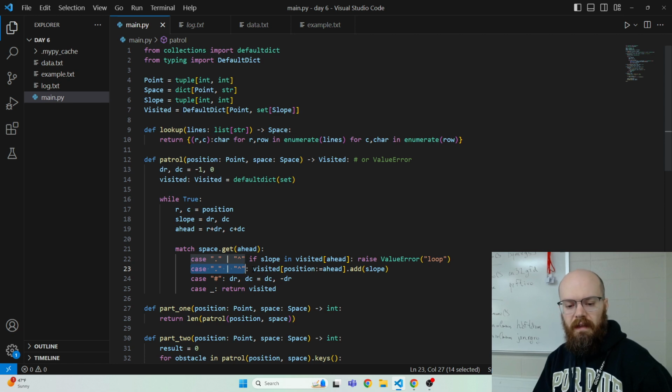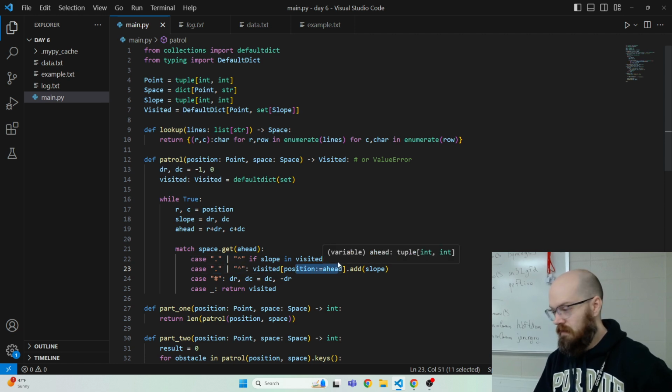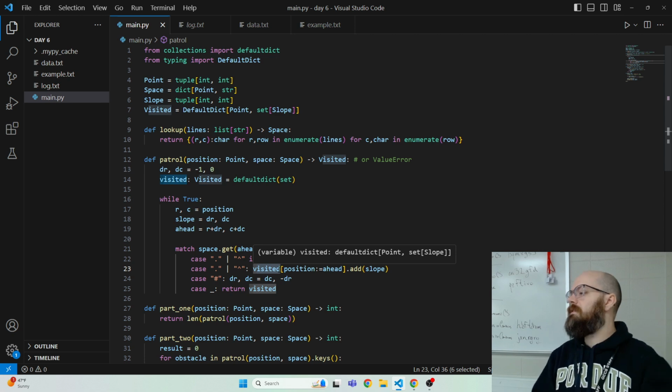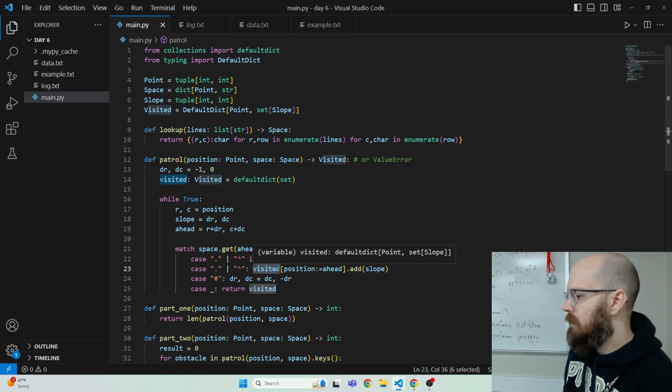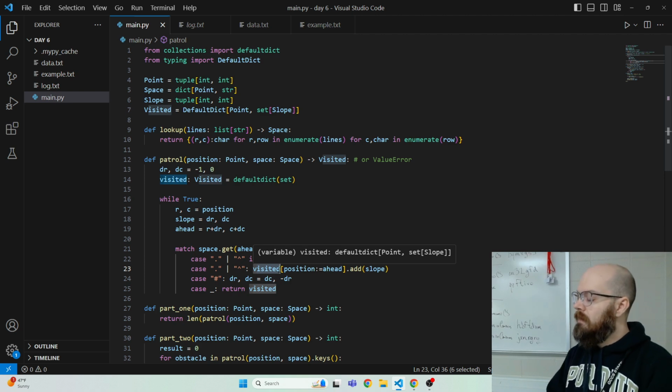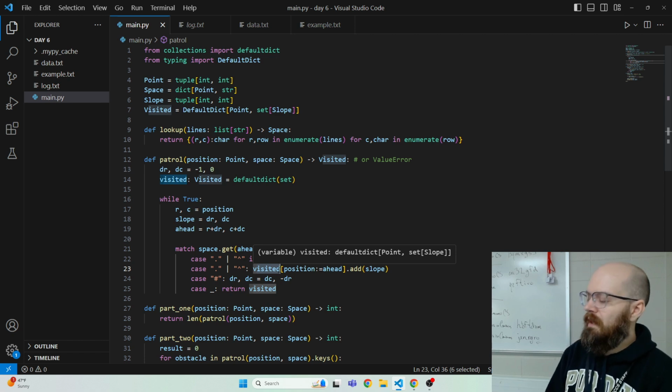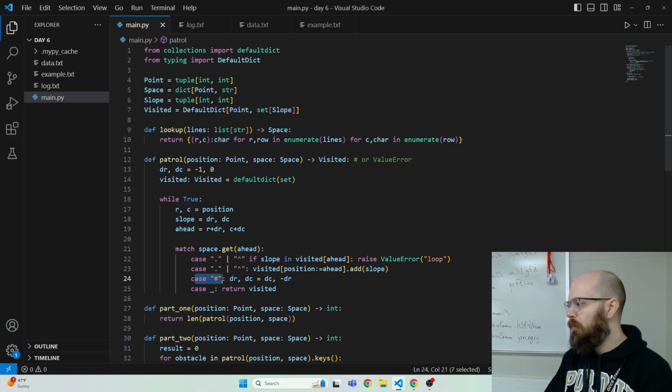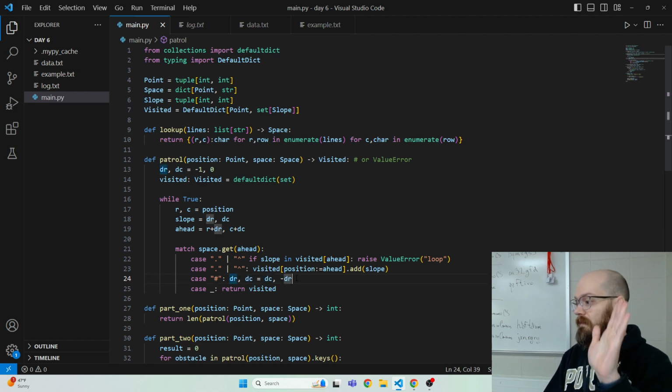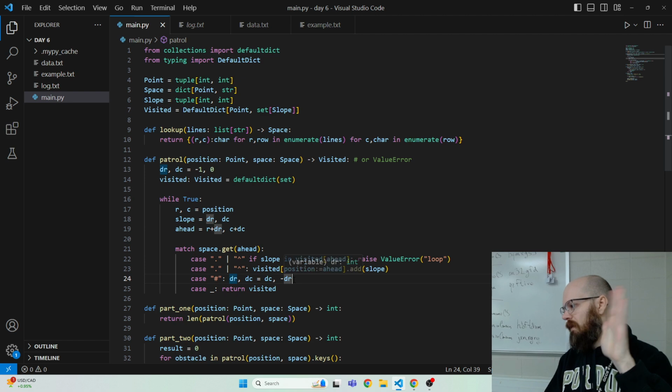And then we say, okay, position is now ahead, which was the next spot, and we got to add it to this visited thing. Originally, I had that as just a set of spots where we've been, set of positions, and that worked fine, but of course it'll get complicated in part 2. So then if we hit a table or a desk or whatever's obstructing us, we turn right, which is this little twisty thing, because you're always going to be 0 in one respect, either horizontal or vertical, and then you're going to be 1 in the other,